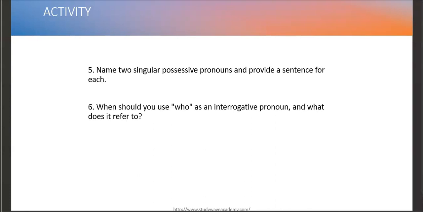Another very simple question here. Same to singular possessive pronouns. So this is specific: name singular possessive pronouns and provide a sentence for each. Very easy. When should you use who, an interrogative pronoun, and what does it refer to? Such questions, class, we can't fail to answer them. Questions like